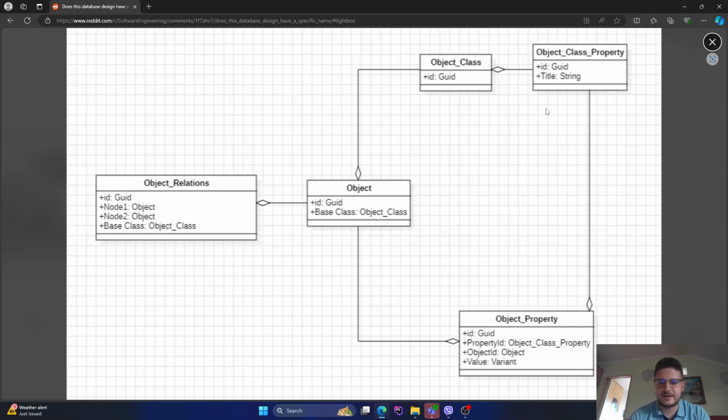And then you have a cherry on top, an object relations table where you can make a relation between different objects, how they relate to each other. This is not at all difficult to read, and it's understandable what it does. And to boil it all down, this probably solves